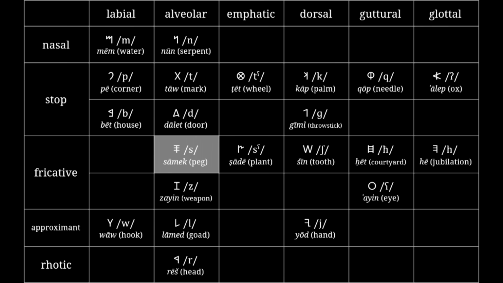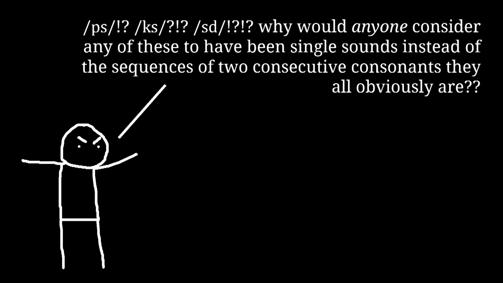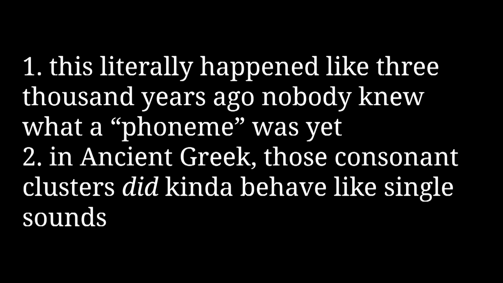With our modern understanding of phonetics, it's easy to look back at the ancient Greeks figuring out this whole alphabet thing and say they clearly didn't need these letters, that there's no way they could have considered any of these clusters to be single sounds in their own right. However, when examining the phonological history of the Greek language, these particular consonant sequences did, in a sense, behave as single units. Not phonetically, not even phonemically, but when examining the structures of words themselves,